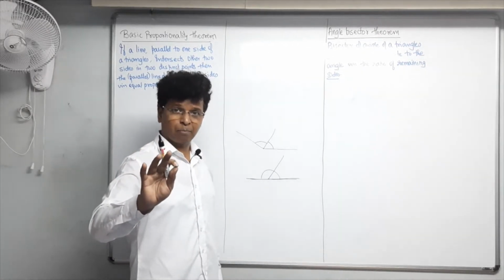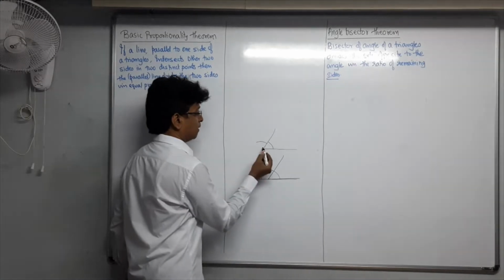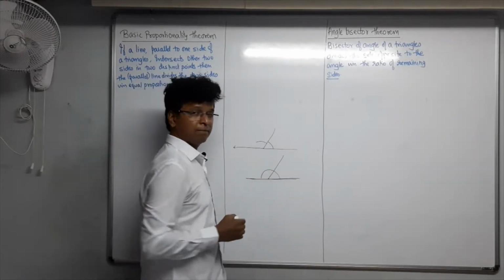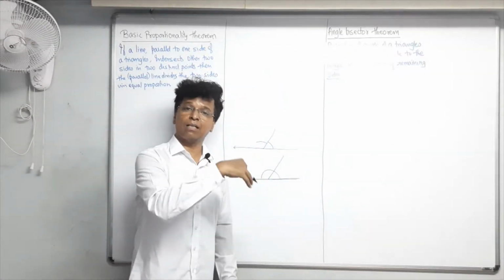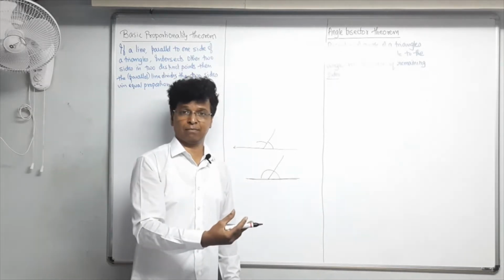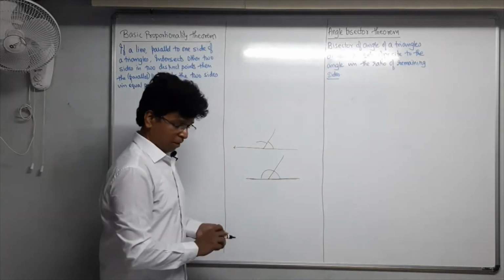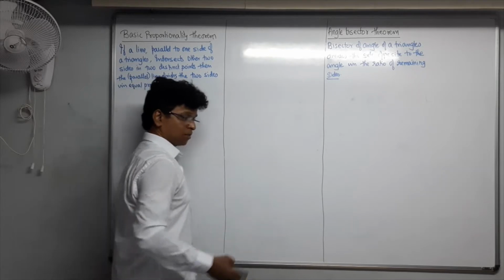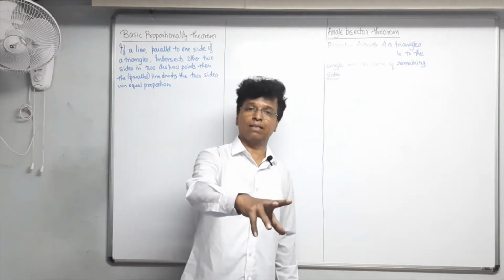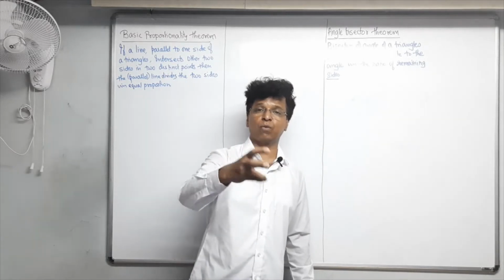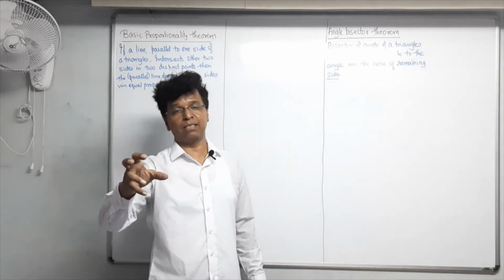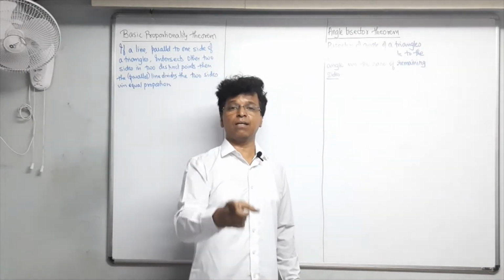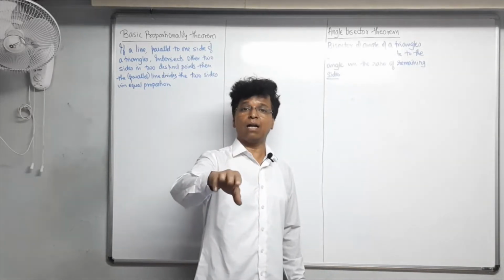To be angles in linear pair, it is very important that this ray forms a straight line. That is the condition of the property of angles in linear pair. Are you getting? Similarly, as I told you, for Pythagoras theorem, the triangle has to be a right angle triangle. Only then you will get that hypotenuse square is equal to side 1 square plus side 2 square. So basically what I mean to say is that every theorem has a condition. That condition has to be satisfied. Unless and until that condition is satisfied, you can't apply the theorem.